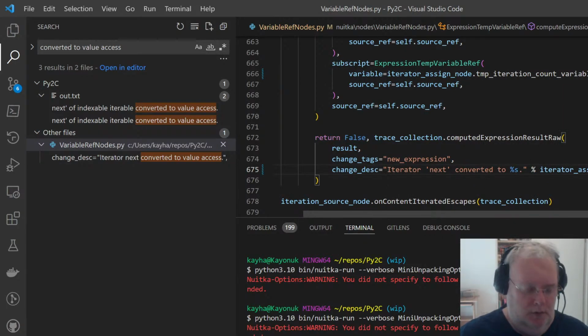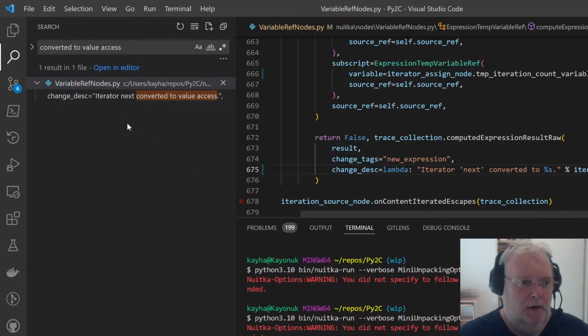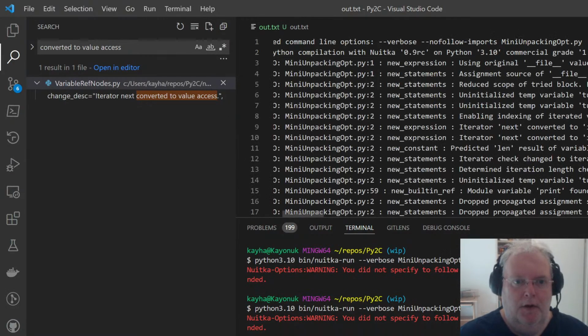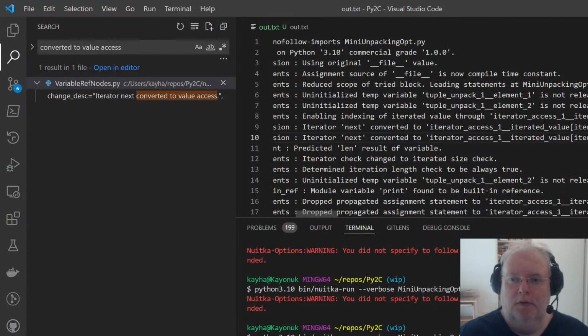And we want to make this a lambda as well. And look at the output. The warning you see here, I see it now all the time because of my tests. It's pretty normal. I can do no follow imports. And I don't have it anymore. But yeah. Okay, so now it's more clear. Kind of.